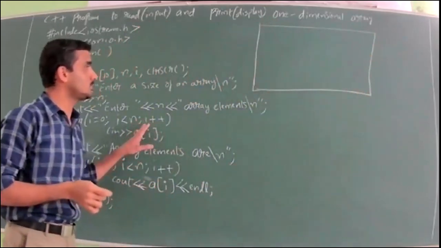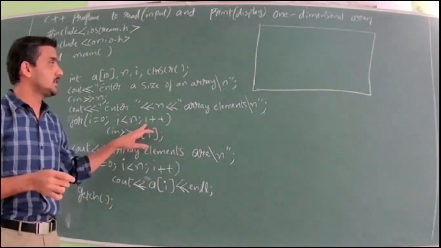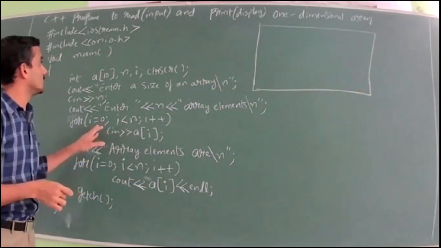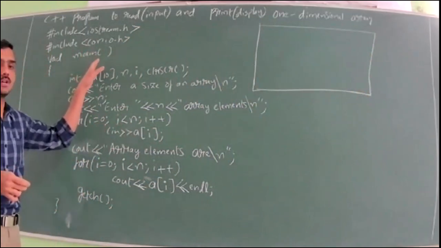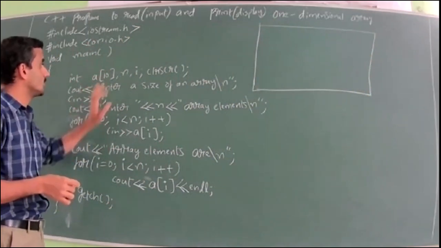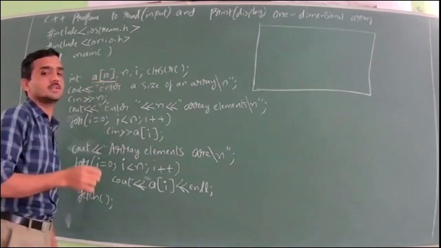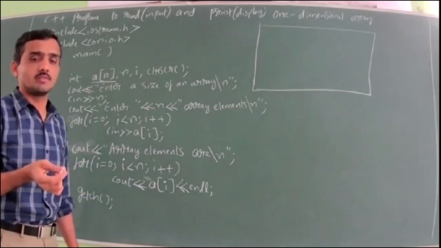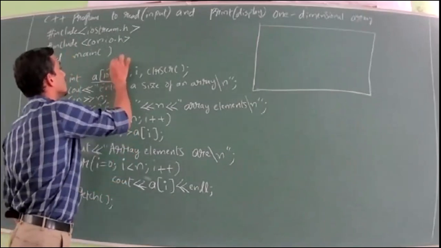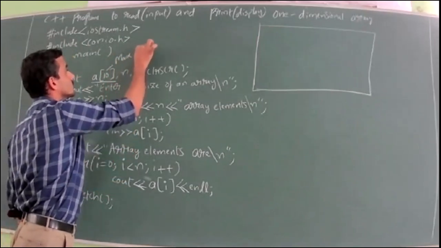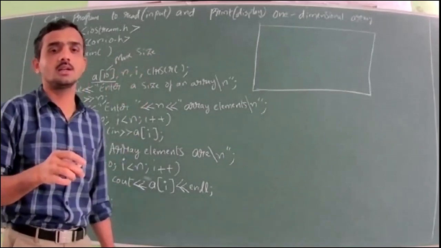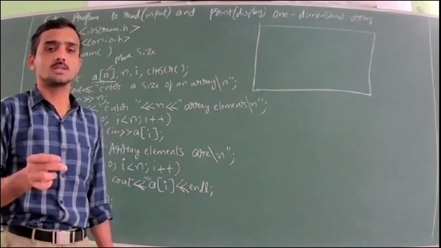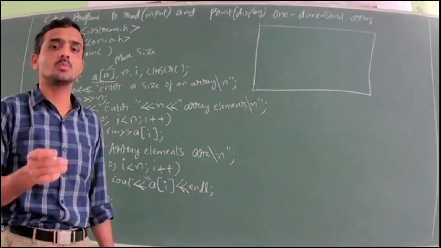Okay, so this is the program to read and print one-dimensional array elements. So I'll tell you how it works and what is present here. After the header files, after the start of the main function, we have the variables. a of 10: a is the array name, nothing but a variable which stores many values. This 10 is the maximum size. That means the user can enter up to 10 values, less than or equal to 10, but not more than 10.